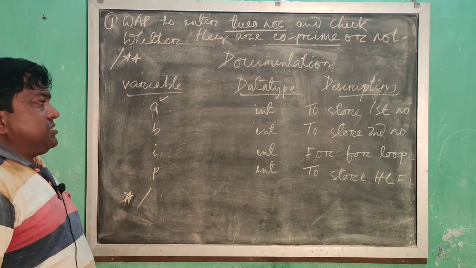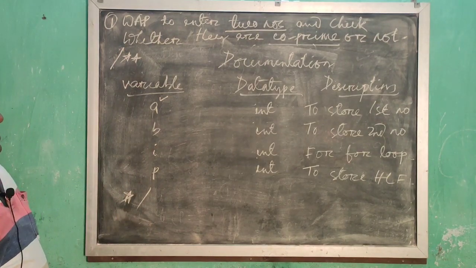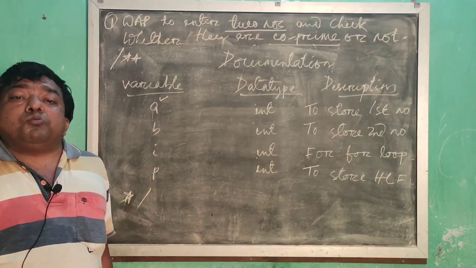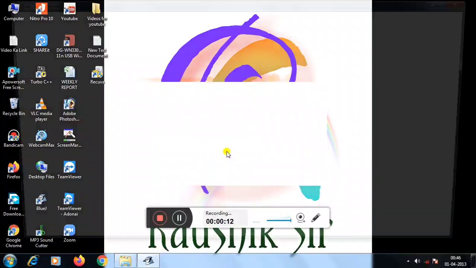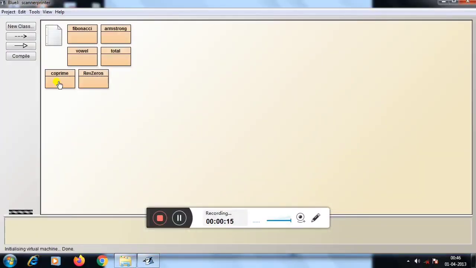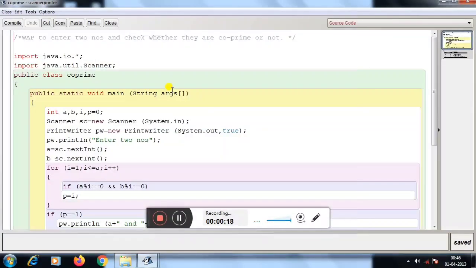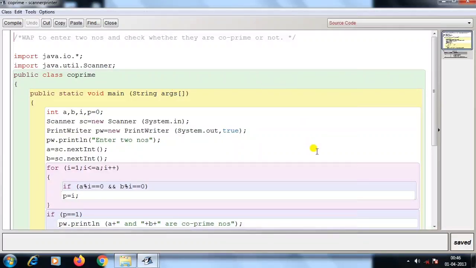Okay, now your program is completed. Okay, this much if you do not write, then you cannot get full marks. Okay, we will execute this program and see whether output is coming or not. This is your program coprime. I have already typed it. You are able to see.